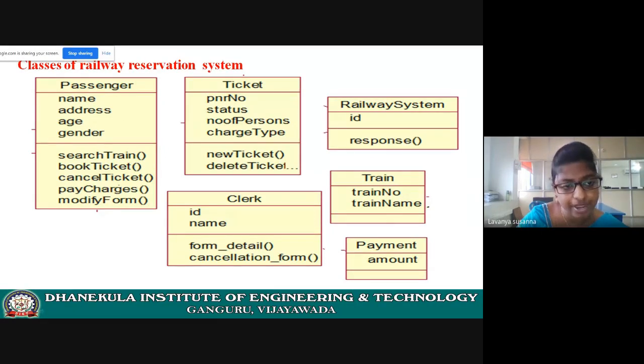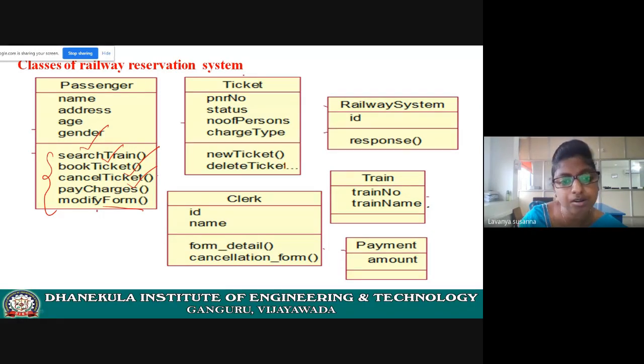Next, identify what operations this passenger can do. Search for a train. If you want to book a ticket for the train, first you need to search for a train, right? Next, book the ticket, cancel the ticket, pay the charges. If you want to modify the form, he can modify the form. Just understand what this passenger will do and then identify the operations with simple names.